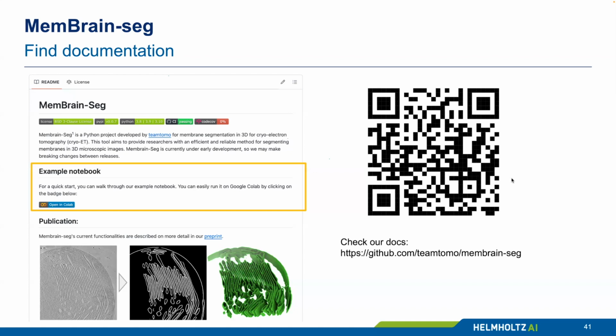So, would a very distinct bilayer impact the skeletonization process? A very distinct bilayer. So basically, if you can properly see the bilayer in the tomogram, if I understand it correctly. Ideally, if you have the nice bilayer of your membranes, then membrane-Seq would by default not segment each bilayer separately, but just give you one segmentation. And then once you have that, the skeletonization is just a post-processing that will take this binary segmentation and not really care about the bilayer.